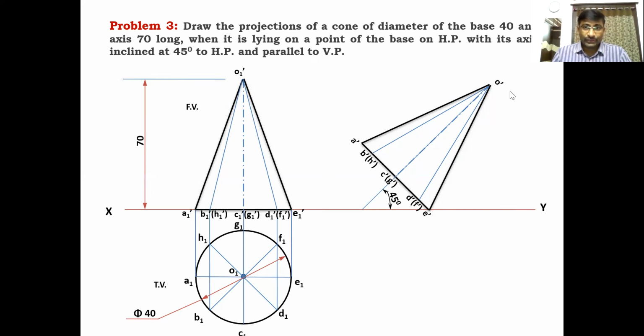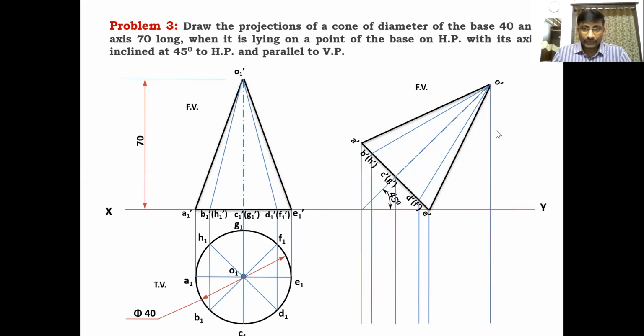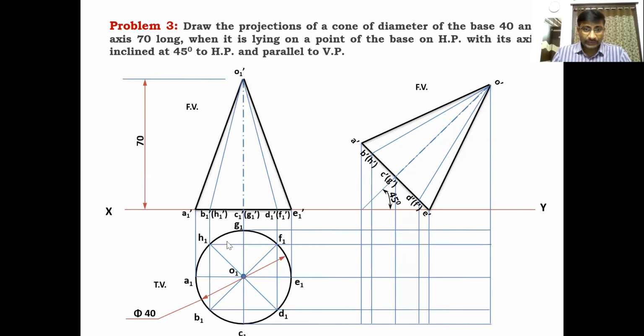After getting the position, this cone position is the front view of the cone. After rotating the axis 45 degrees, draw the projector lines from each point. Whatever points we have in the front view, second stage front view, draw the vertical projectors from each point, and draw the horizontal projectors from the first stage top view. You have to draw the horizontal projectors from the first stage top view. These two vertical and horizontal projectors intersect with each other and form a grid.